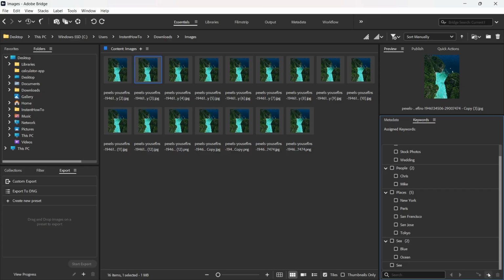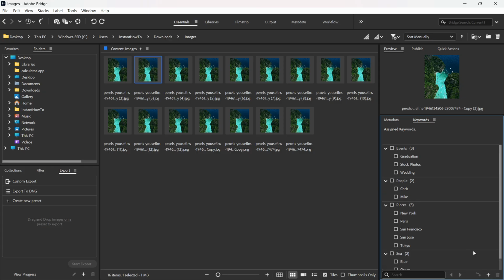There we go. And as you can see, there's going to be a plus button at the bottom right. So just click on the plus new keyword and you can name it whatever. So I'm going to name this one, for example, nature right now. I'm going to press the enter key and there we go. It's going to be added as a new keyword. You can then click on it to check mark it and it's going to add the keyword to your image,